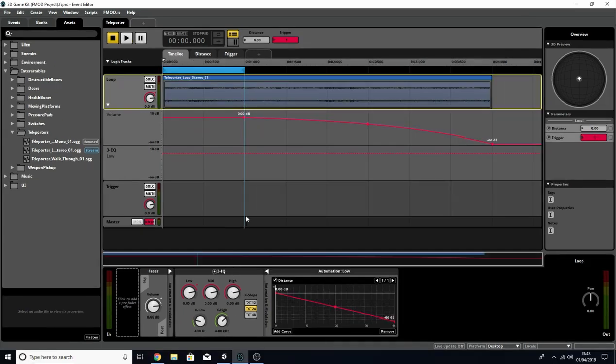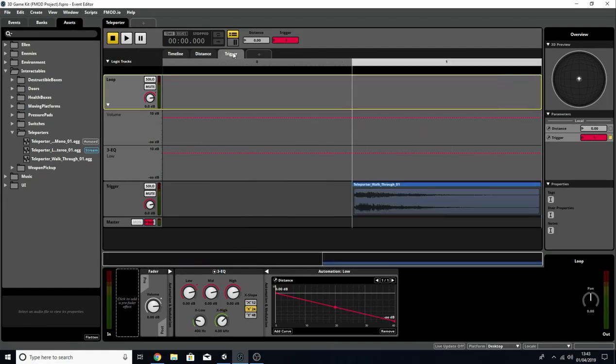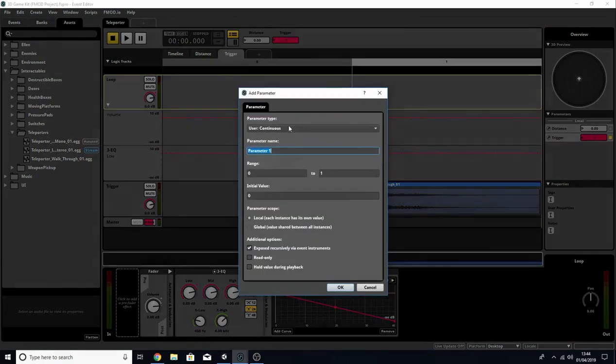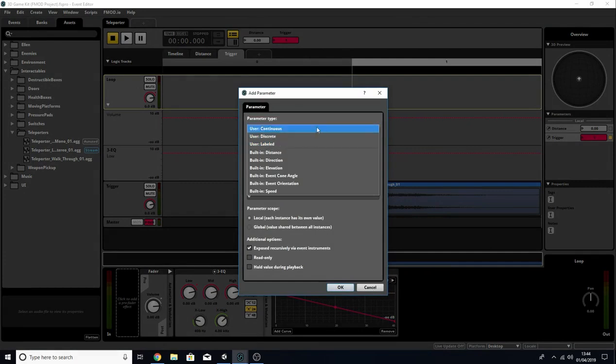I then also created my own parameter, which I called trigger, meaning this one will have to be controlled by the code we'll be writing later in C#. Now, as of FMOD version 2.0, there are 3 different types of user-built parameters that you can choose from. For my trigger parameter, I've chosen a discrete parameter, which simply means that the parameter scales up in whole numbers